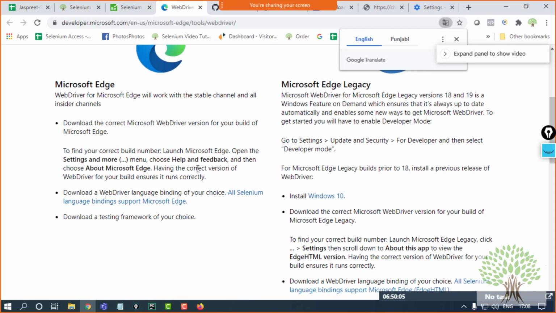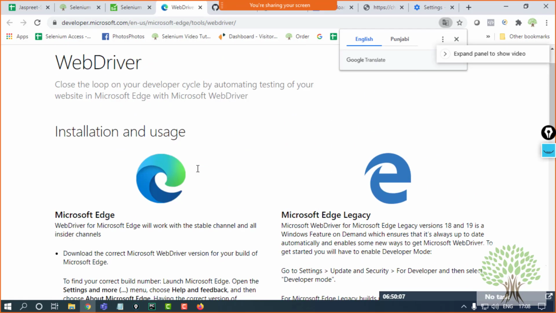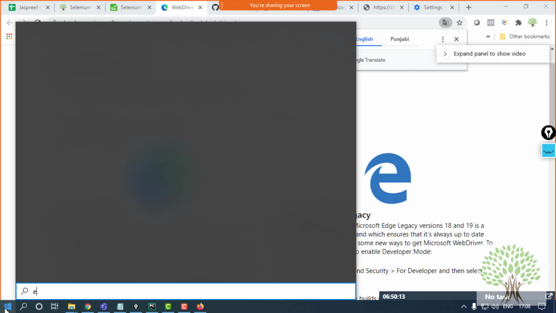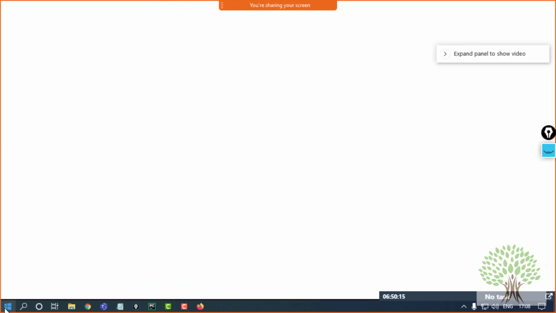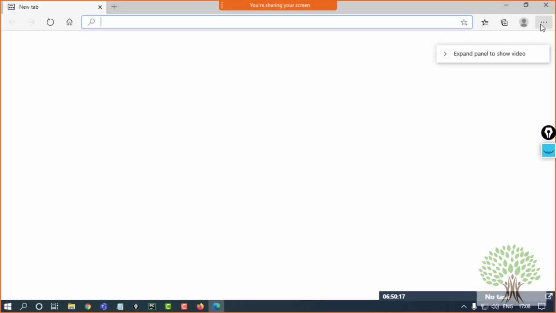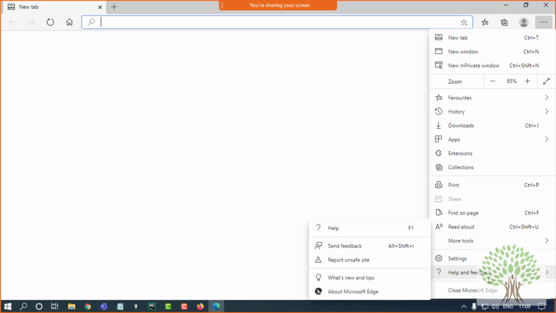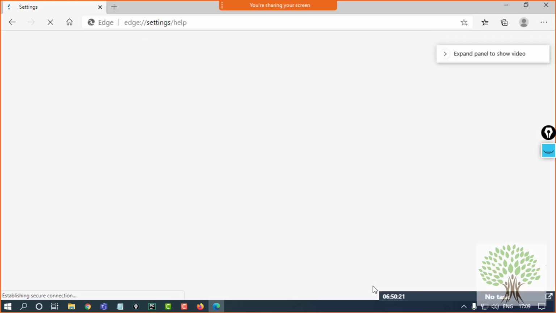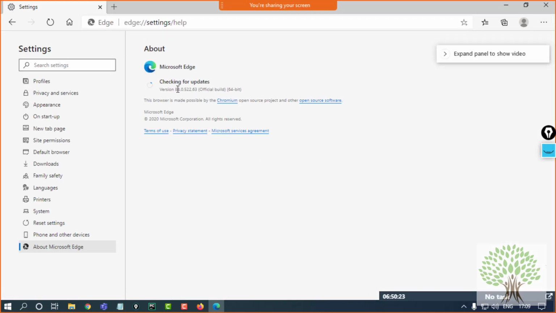So this kind of page you will be getting. Again, the same way you checked the version for Chrome, you have to check the version for Edge as well. Go to your default Edge browser, go to this button over here, Help and Feedback, About Microsoft Edge. And the version comes up. In my case, it's